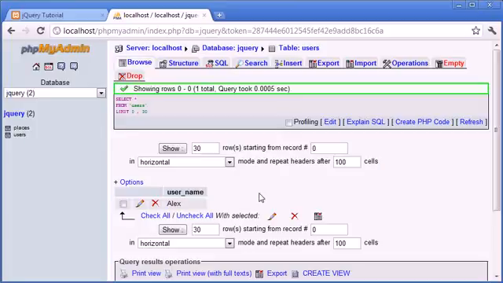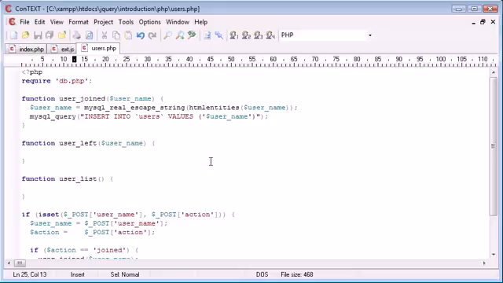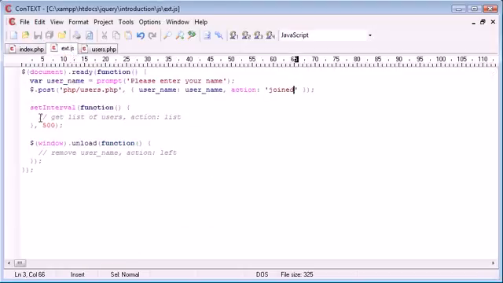So now this is working, we know that we have a list of users inside of our table. Okay, so inside ext.js, we're now going to look at this set interval, and we're going to look at getting